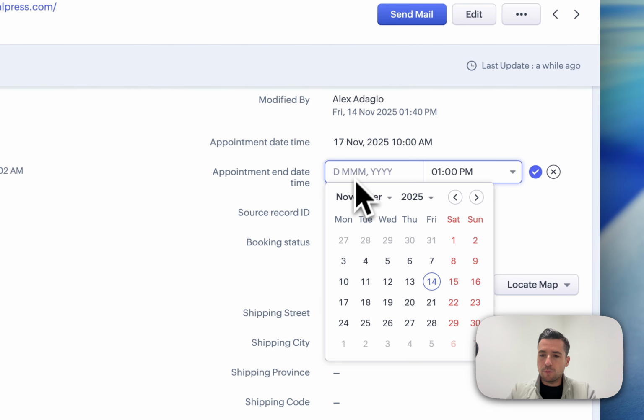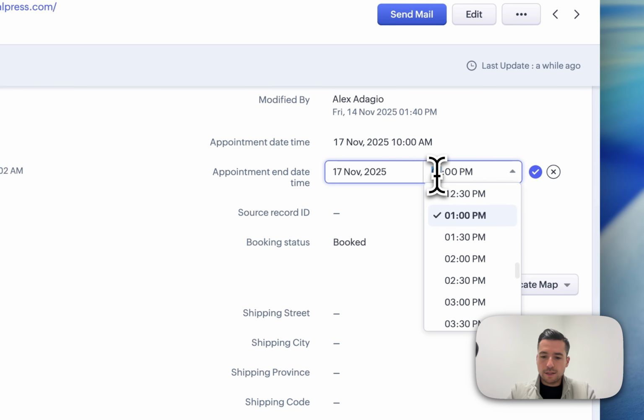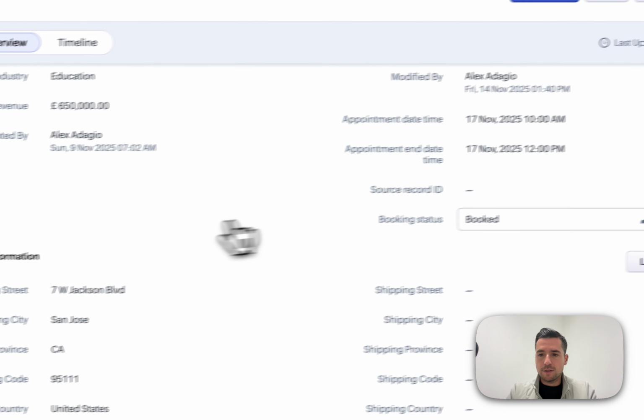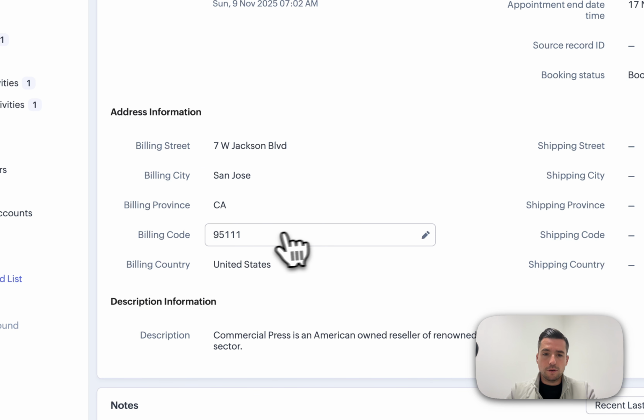And obviously the end time will be Monday at 12. Status of booked. Great. So those two slots are taken, and we need to confirm the billing code as well,